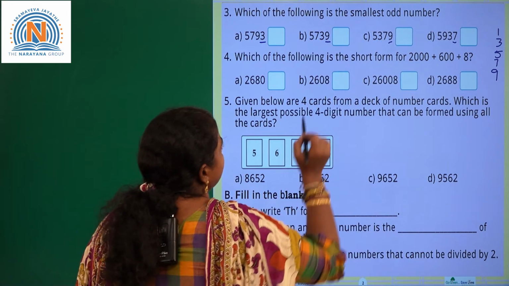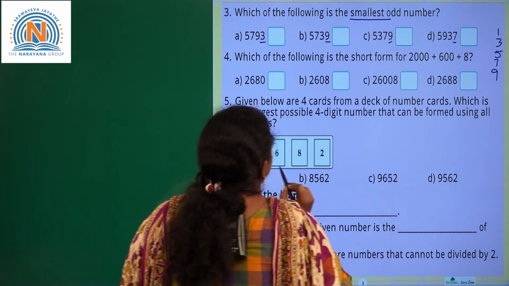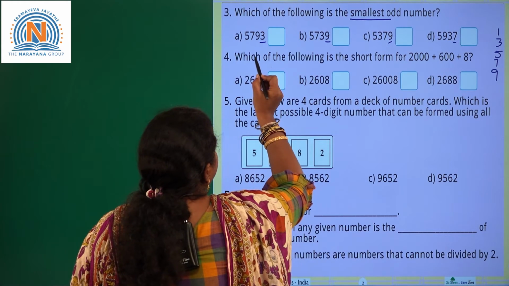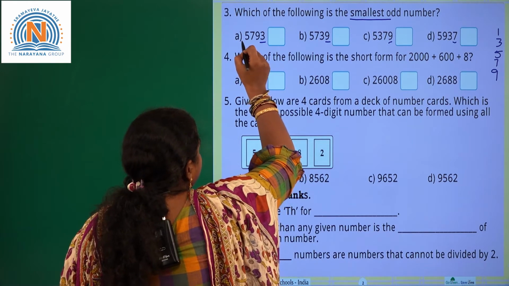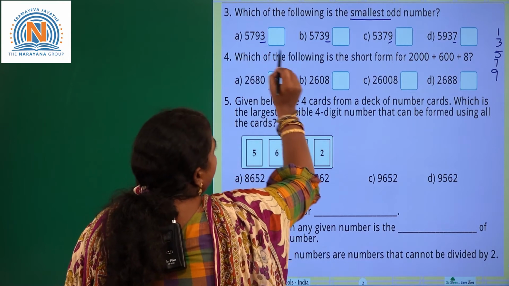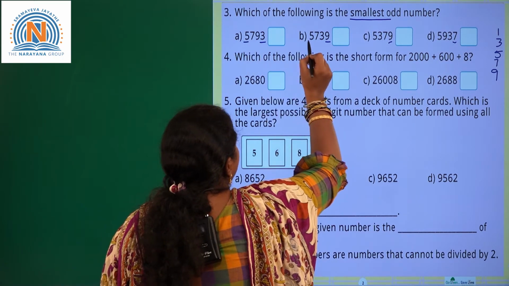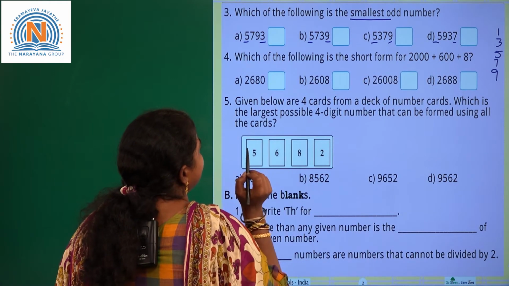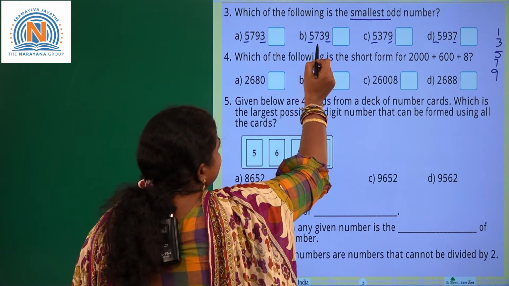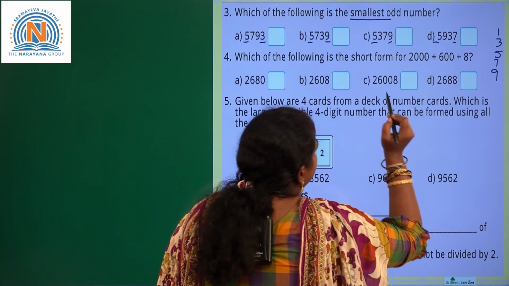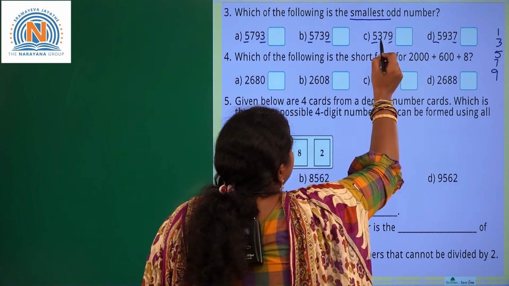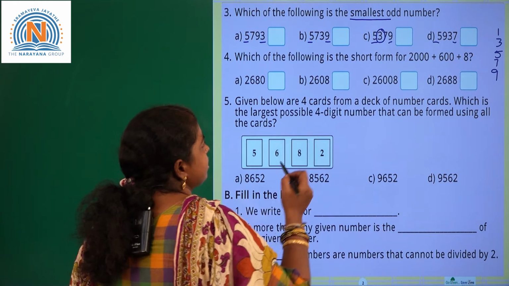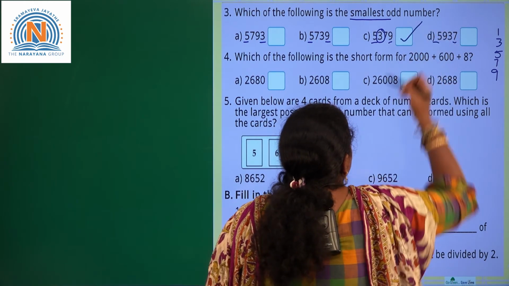But among them you have to choose the smallest. Smallest means which one is smallest? You have to compare them. How will you compare? By selecting from the digit in thousands place. In all the options you are having the same digit in thousands place. So, you go for the next digit, that is the digit in hundreds place. Here it is 7 and here it is 7, 3 and 9. Which one is small from all the three? 3 is smaller. So, 5379 is the smallest odd number. So, choose